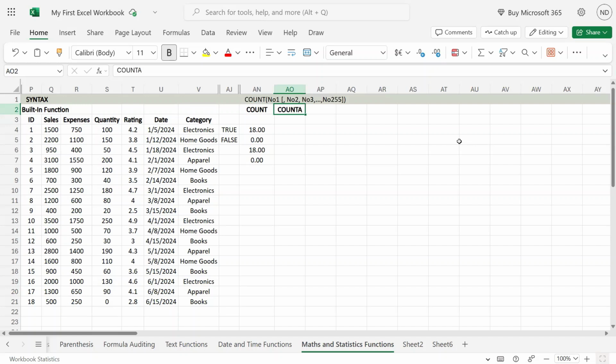COUNTA counts the cells which contain text, numbers, Boolean values, or array values in those cell ranges. However, it doesn't include blank cells. So COUNT or COUNTA will never count blank cells available within that particular range. So you may utilize the COUNT function when counting the number of invoices or the number of transactions in a day. However,